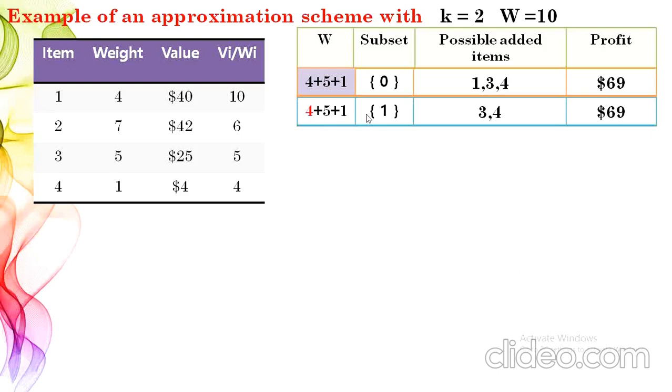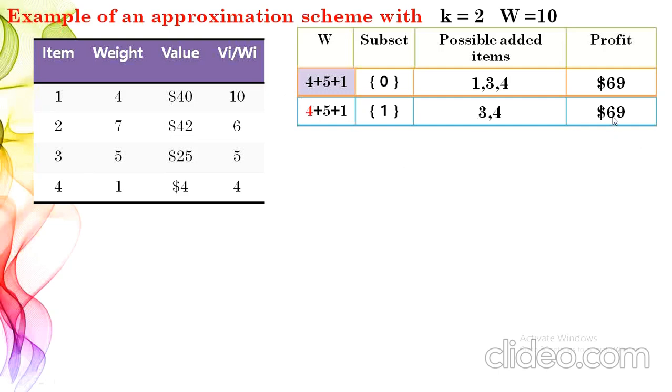In the second step, imagine my knapsack is already filled with item 1. Filled with item 1 means I have utilized the knapsack with a weight of 4. The used weight is indicated in red color. So I already used 4, and the remaining capacity to fill is 6. What are the possible items I can add? I cannot add item 2 because 4 plus 7 would violate the constraint. I can add item 3 because the weight is 5, and item 4 whose weight is 1.